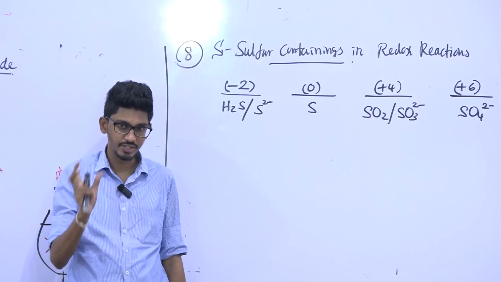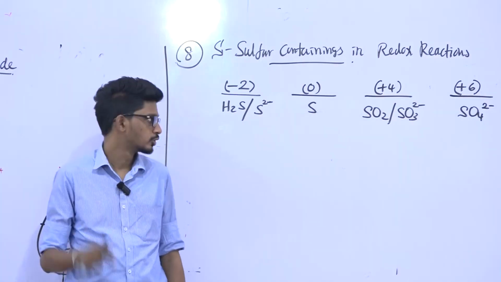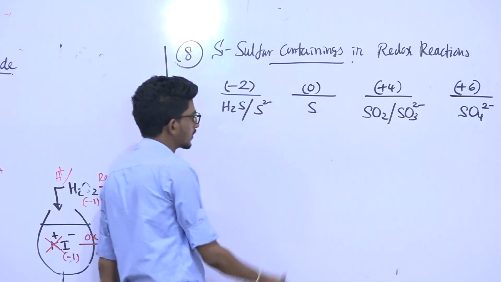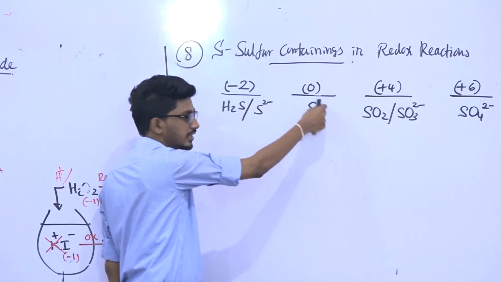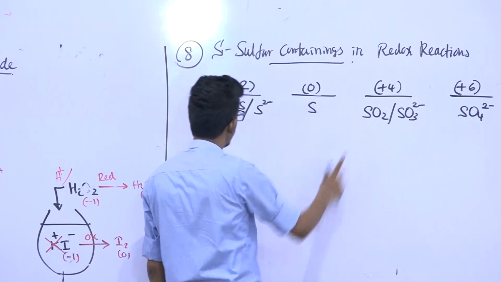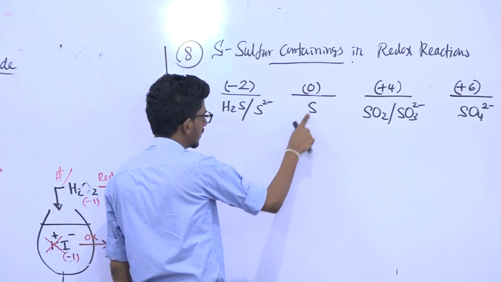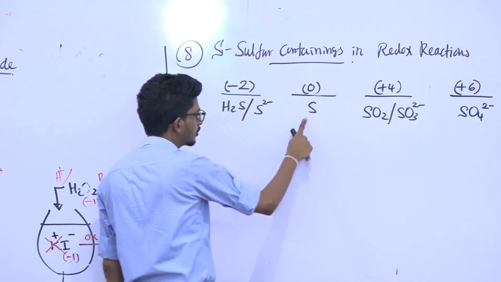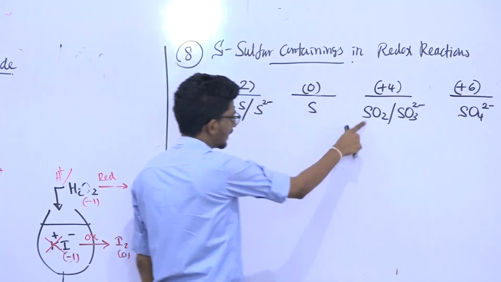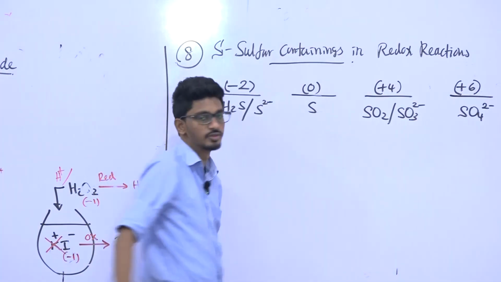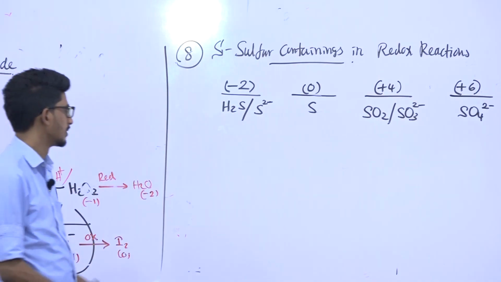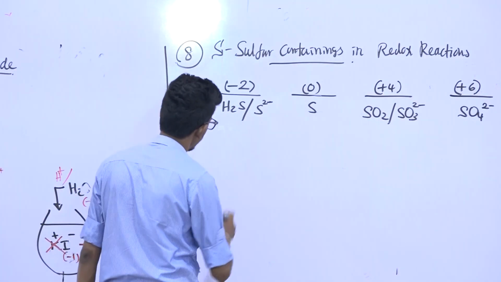One is when H2S reacts with SO2. When H2S and SO2 react, both come to the stable oxidation state in between. H2S gets oxidized to 0 and SO2 gets reduced to 0. There we see the reduction of sulfur, when SO2 is reduced to sulfur. That is one reaction. The other one is